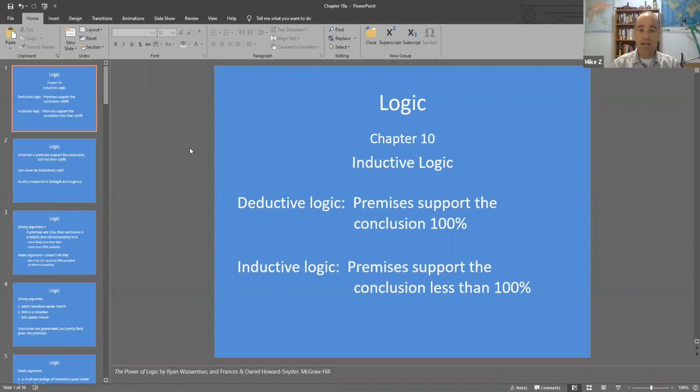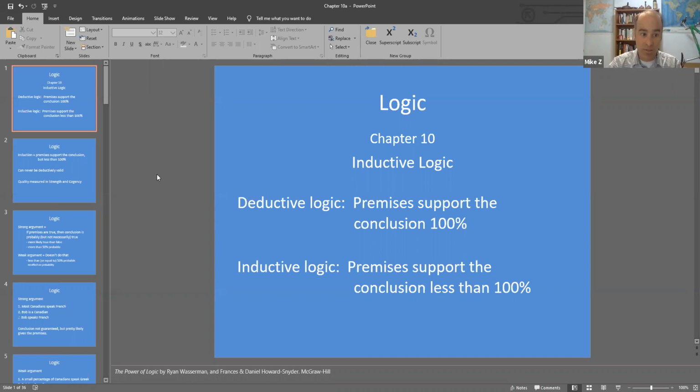By contrast, an inductive argument is one in which the premises are intended to support the conclusion, hopefully, but they do so somewhat less than 100%. Now, it could be very close to 100%. You know, the premises could support the conclusion 99% or something like that. But as long as it's not 100%, then it's induction. If it really does work out that the premises provide 100% guaranteed support for the conclusion, well, then it's a deductive argument. It just can't be an inductive argument if it's set up so that the premises support the conclusion